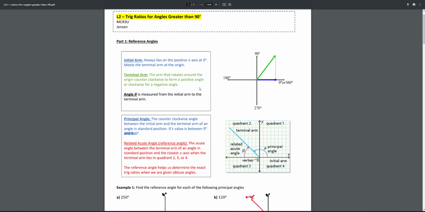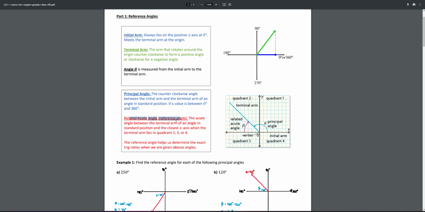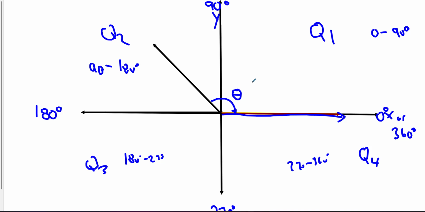Now, one of the more important ones is something called the related acute angle. Sorry, not really more important, but more challenging for students to understand. I don't know why, though. Your related acute angle is the angle, listen carefully, from the x-axis to your terminal arm. And what I mean by x-axis, well, I mean the nearest x-axis. So from here to here is your related acute angle, and it's called beta. So this angle from here to here is beta. Now, beta changes